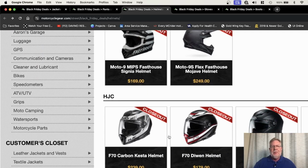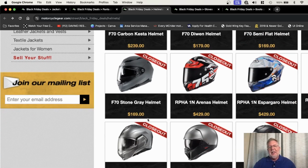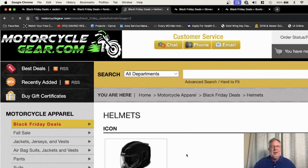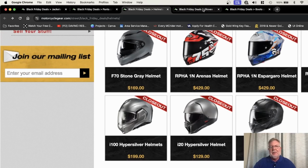A lot of times what these are, the helmets have been replaced by the new year, the new designs. And now this is overstock stuff. But that doesn't mean that they're not great helmets with a good look. And you can get a fantastic price on them. So here's some HJCs like you see here. You can click on them, see all kinds of variations. You've got full face. You've got the ones that open up in the front. There's even, if you drill down even more, open face and all kinds of them. So there you go,